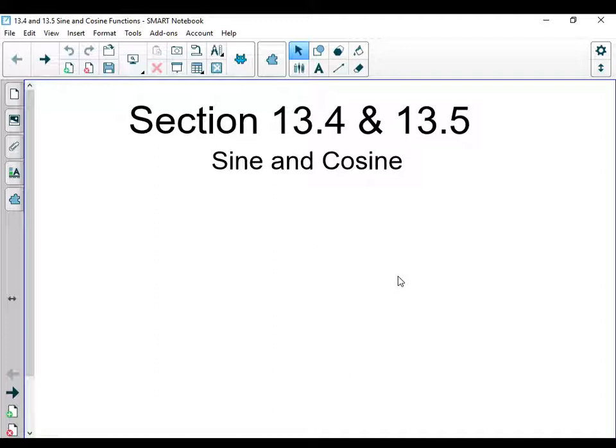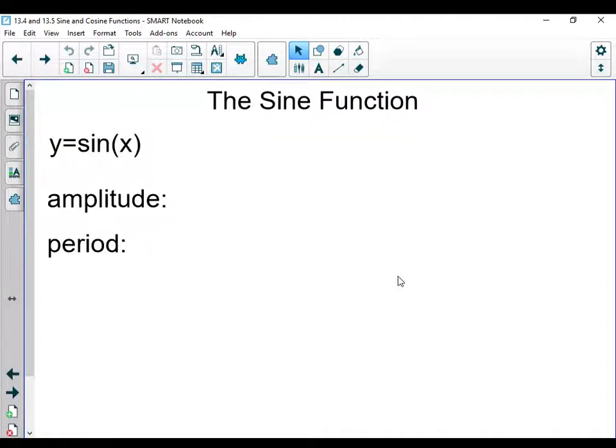So I'm going to show you how to graph sine and cosine and do transformations to this. Again, probably way more extreme than you need to know sitting in an algebra 2 class. But I'm trying to prepare you as we move forward. Okay, so you'll need your unit circle as a little bit of a reference, just to have out. We're going to use the same points around the unit circle,